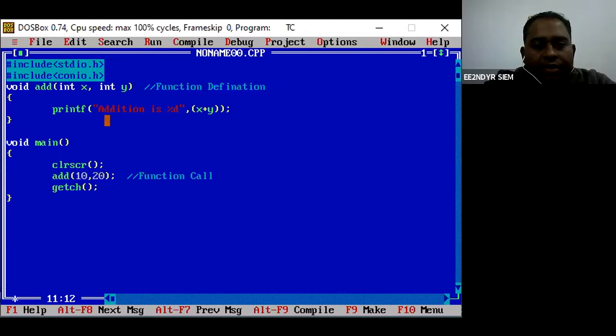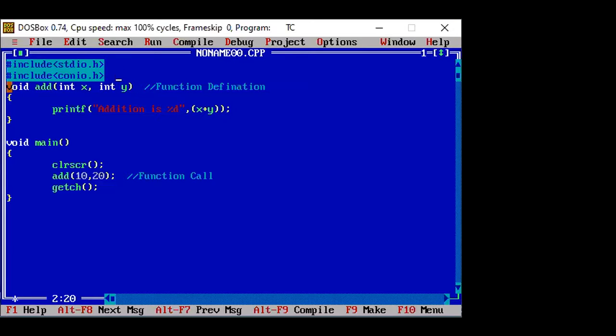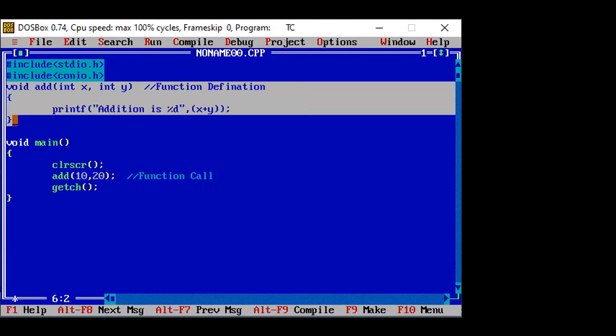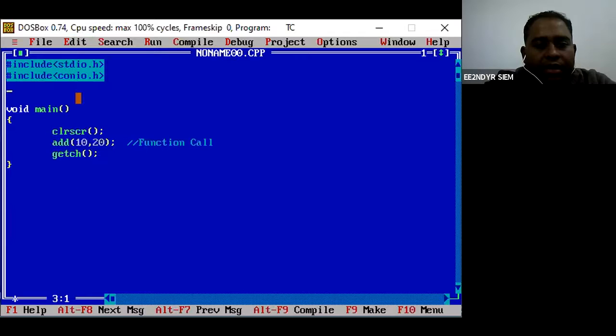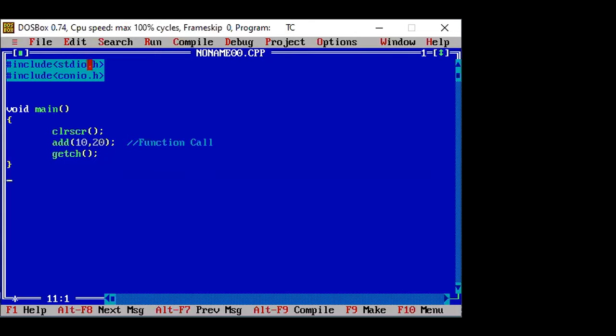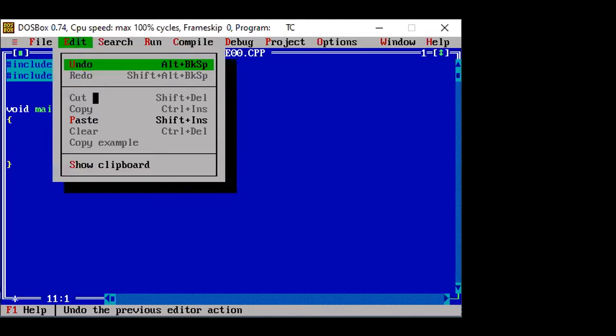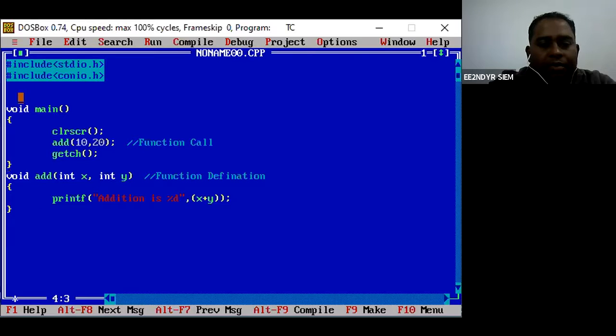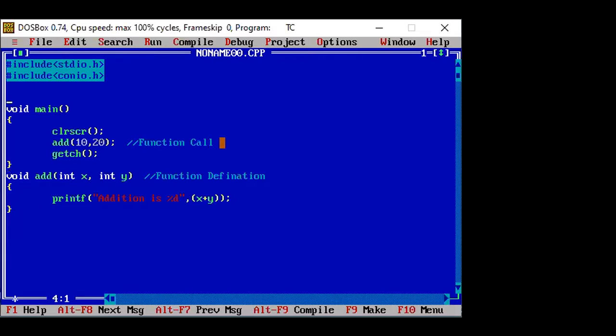So previously, what did I tell you all, that a function should have a prototype? So this is the function definition. I'll just cut it and then paste it somewhere else. Now, why is there a need for this function prototype or function definition? I'll explain this.